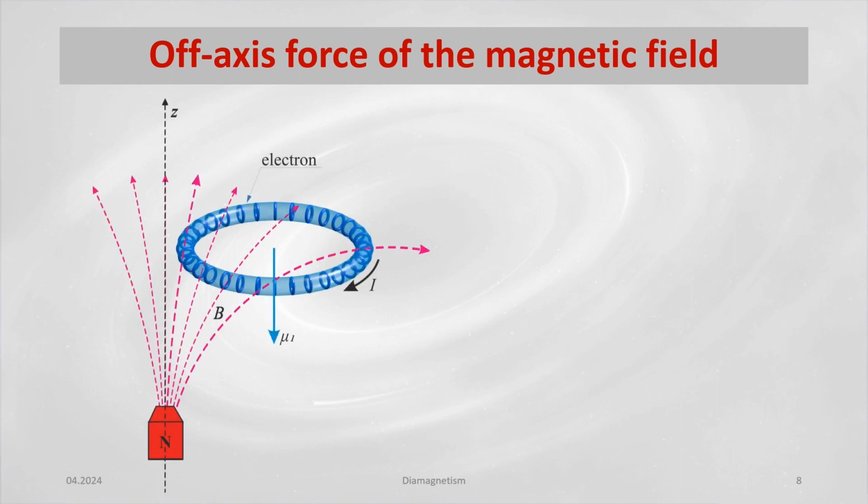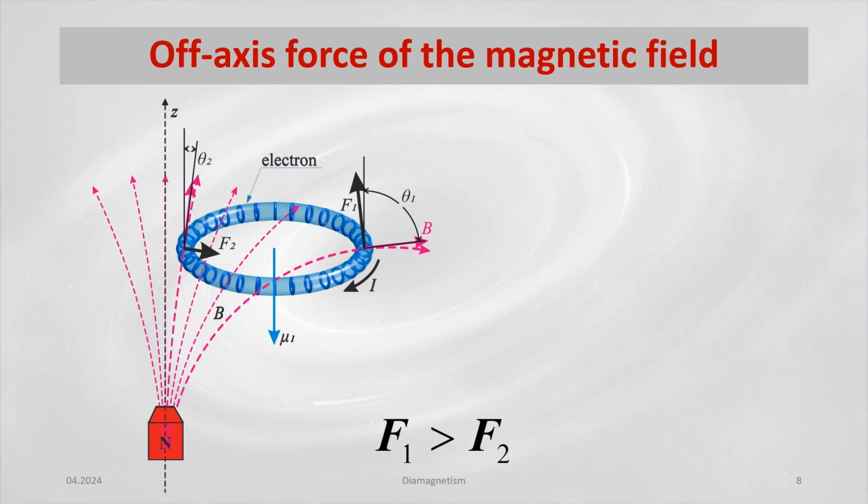an inhomogeneous magnetic field, the forces at opposite ends of the loop will act unevenly. Since the force exerted by the magnetic field on the ring of the electron is a function of the theta angle, the force, F1, in the z-axis will always be greater than the force, F2. If the magnetic moment of the electron model is anti-parallel to the external magnetic field, magnetic induction will increase the current, I, and thus increase the effects of the force, F1, and F2, in the z-axis by the magnitude, delta